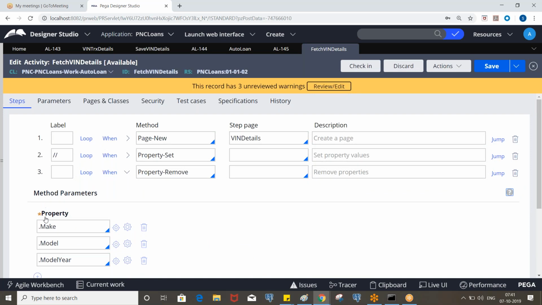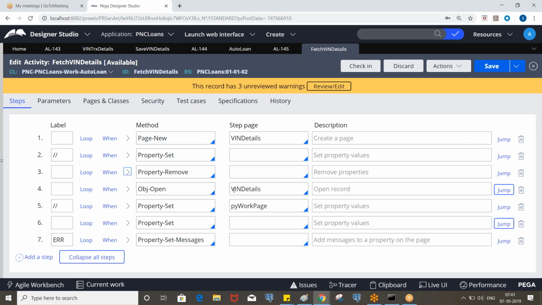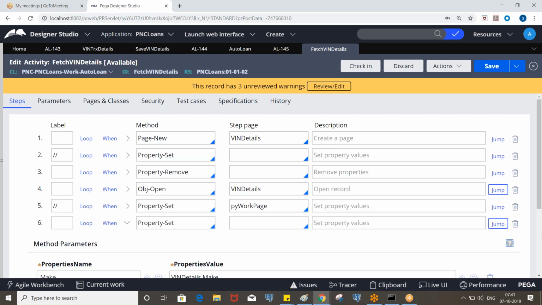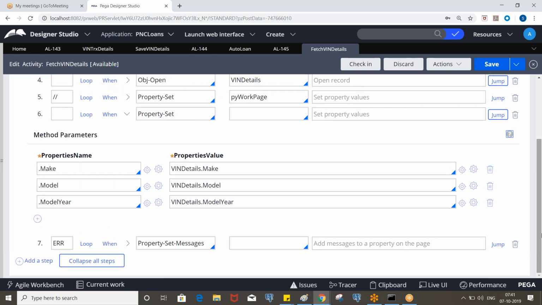Without creating make model here again, you can just create a win details page, and for that page you can specify the data class. Once it is assigned to the PY work page, you can remove the page immediately because it is not required. Okay, so when you create another page, it will override it.